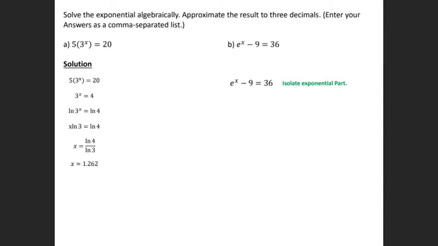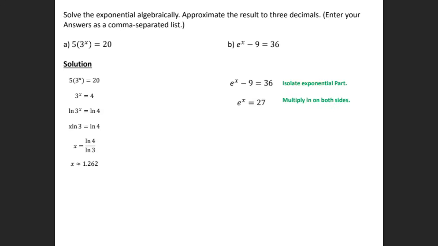All right, again, I have 7 more minutes. I'm going to try to cover a little bit more of these. Again, B, solving for e to the x. The first thing I need to do is isolate that exponent. So let's go ahead and add 9 on both sides. So when we do that, we're going to get,